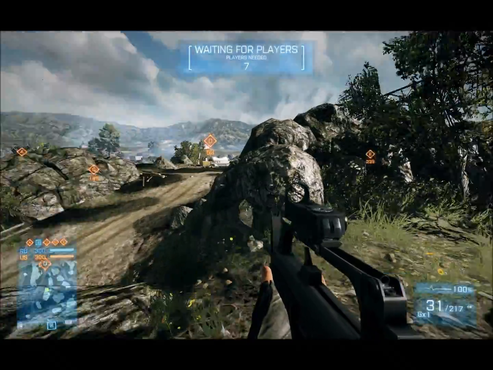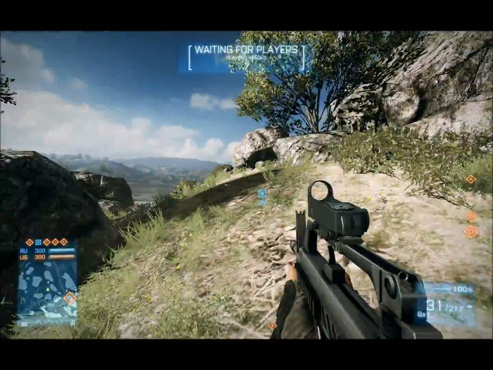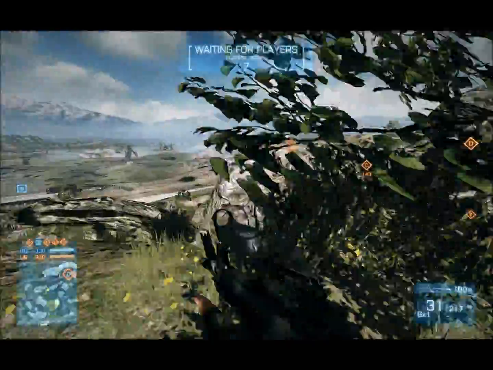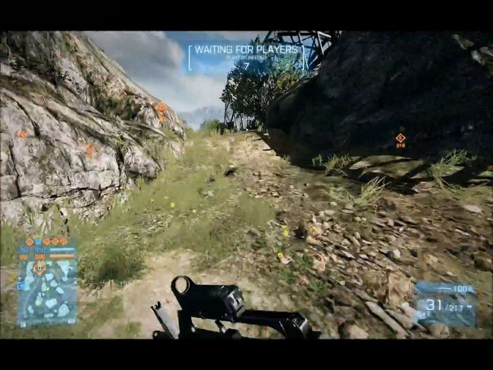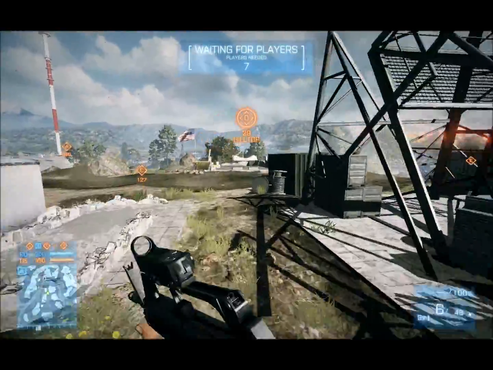Alright, so today I'm making a short video about two different ways of capturing a flag in Battlefield 3. Most people don't think about this, and I think it's important to think about this. So this is D, this is Delta or Hilltop,